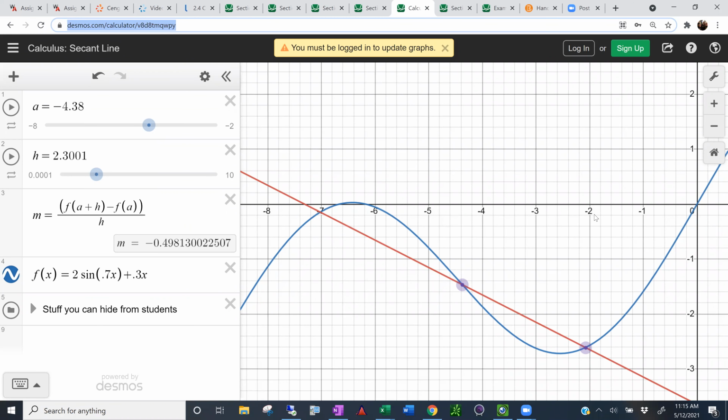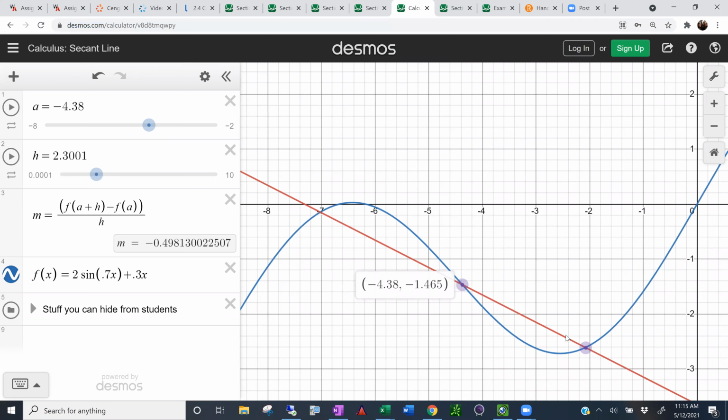So in section 2.7, we're going to start calculating the instantaneous rate of change. Now, back in your algebra classes, we would calculate the average rate of change of a function. So how would we do that? We'd look at a function, and in this case, our function's here in blue, and we pick a couple points on the graph, say here and here, and try and find how it's changing just by calculating the slope of